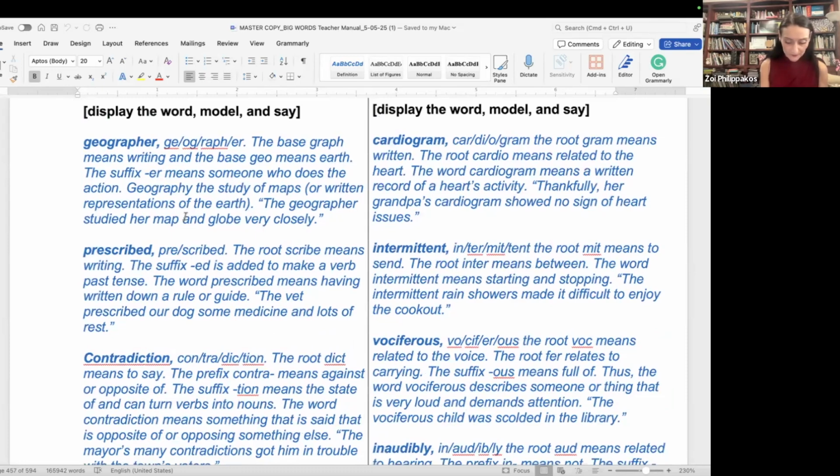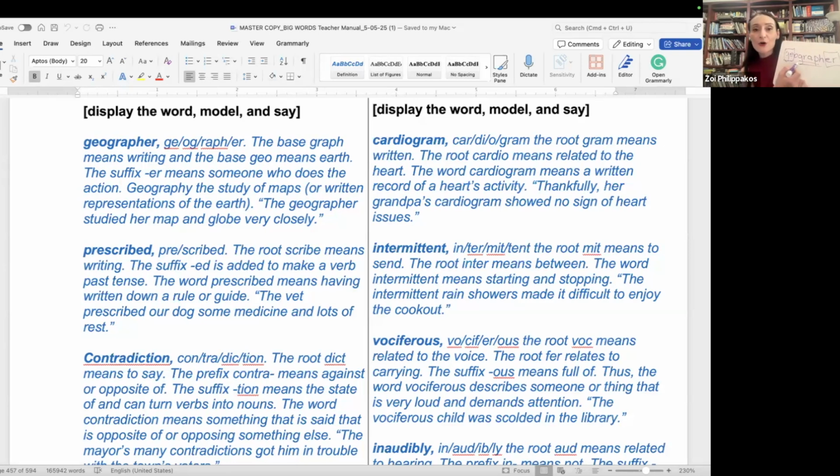Here is the word. This is the word I have. I can recognize the base that has graph. That means to write, and that's my root, right? So I also see that I have the suffix er. That means someone who does the action. So I see also at the front G, which is a prefix. So I have G-O,